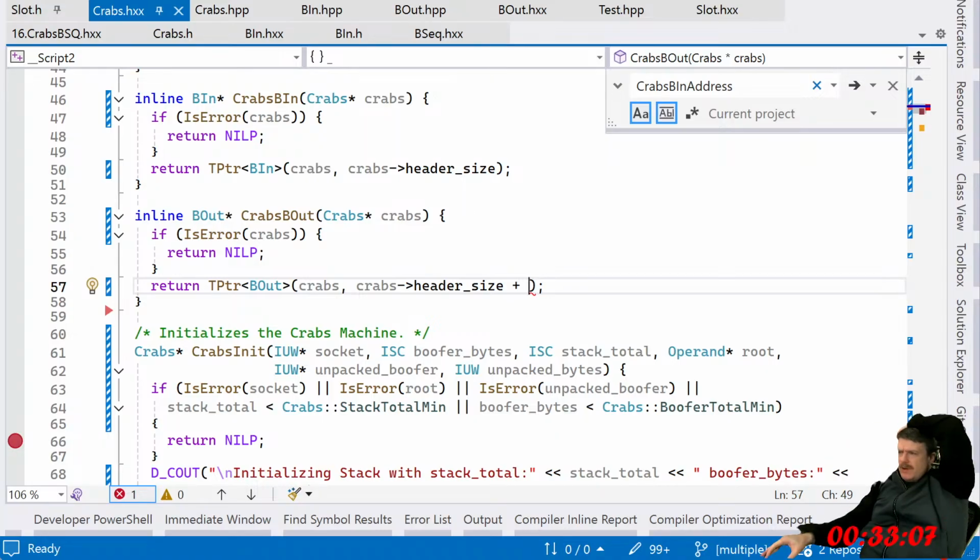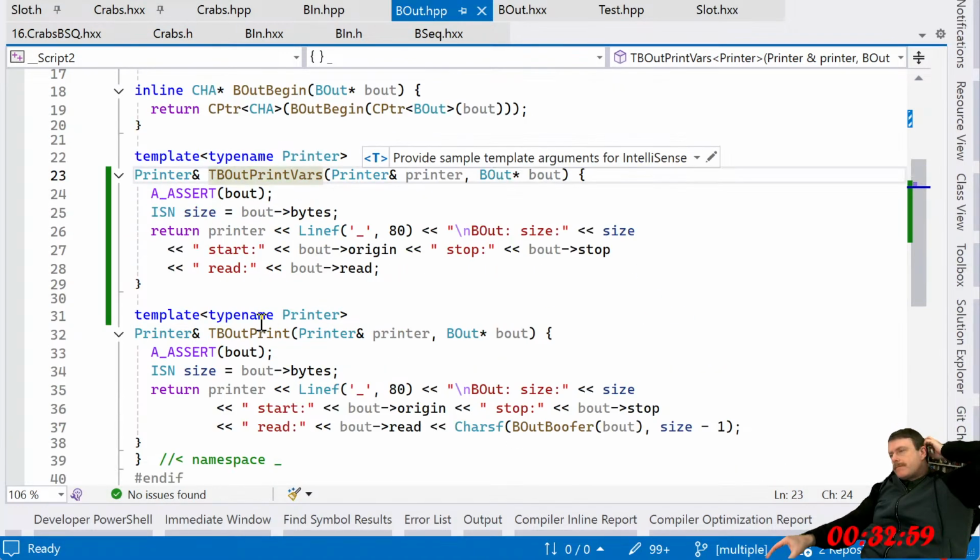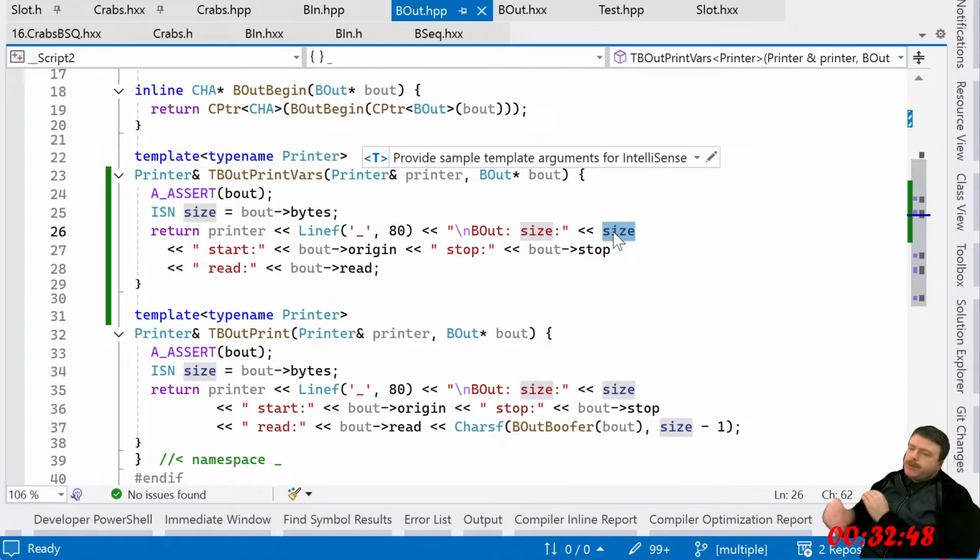Let me look at this print code again. How is this thing getting the variables? What do I need to do? Get the size of the, but they're both the same, right?